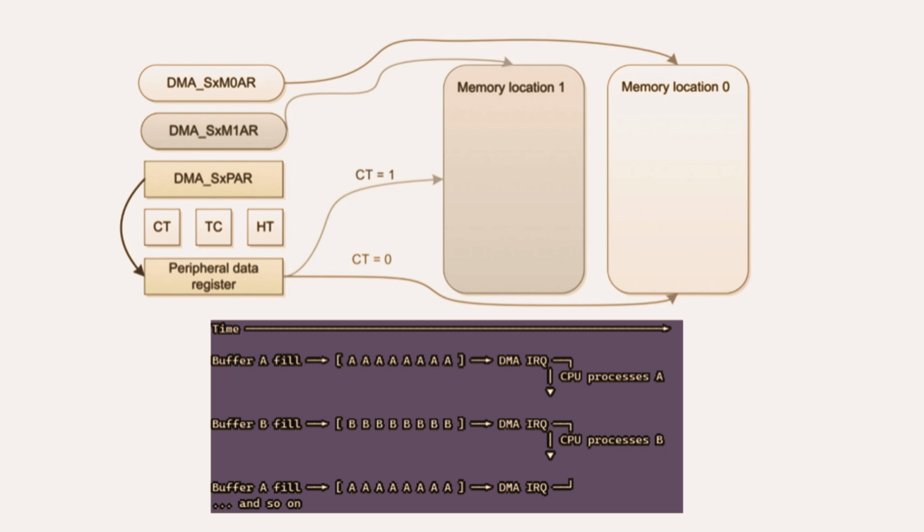The CPU can then work on the data in buffer A, safe in the knowledge that DMA is busy writing new incoming data into buffer B. And when buffer B is full? When buffer B fills up, the DMA triggers another interrupt and automatically switches back to writing into buffer A, which